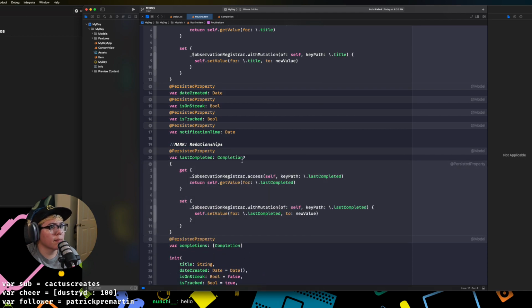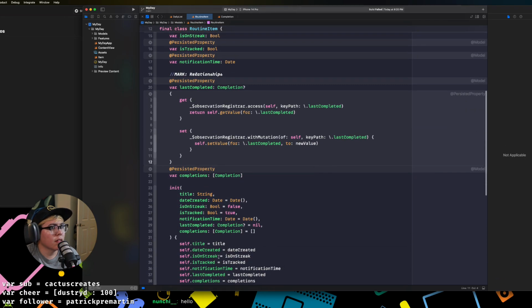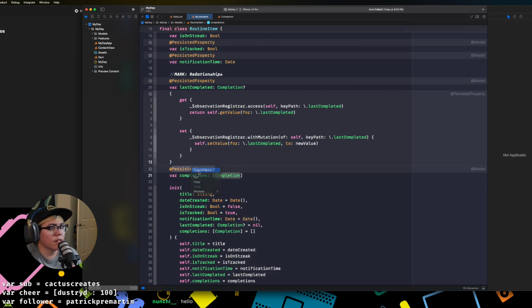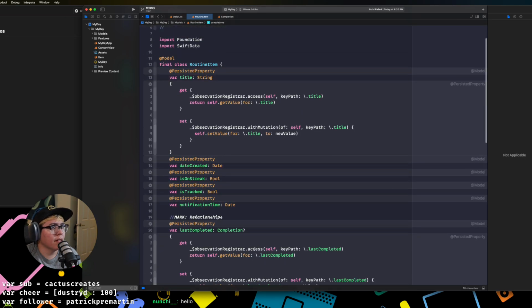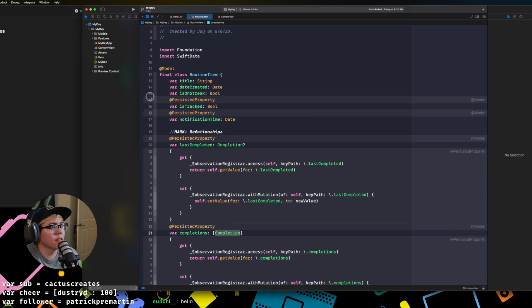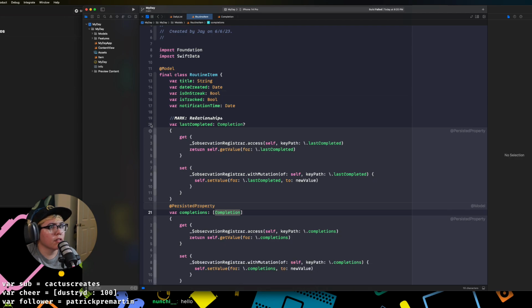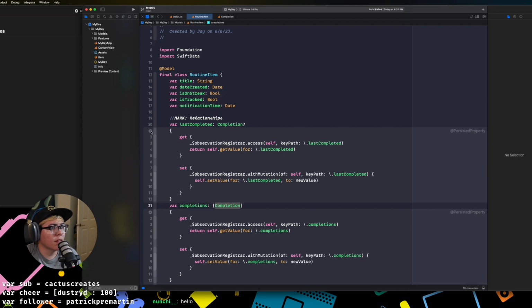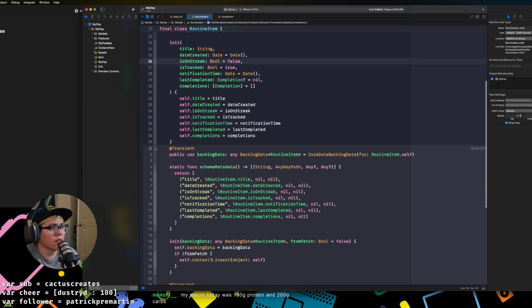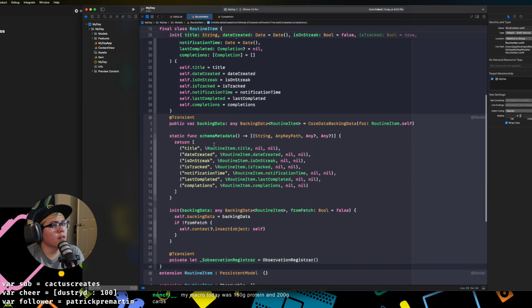Let's see how this one goes. Right click, expand macro, lastCompleted. It just gets the same thing. Interesting. Okay, and then let me see. I'm guessing this is the same thing here too. Yeah, same thing. Okay, so now we can close these. I'm assuming that this is actually closing. Whoops. Oh, transients. So these are